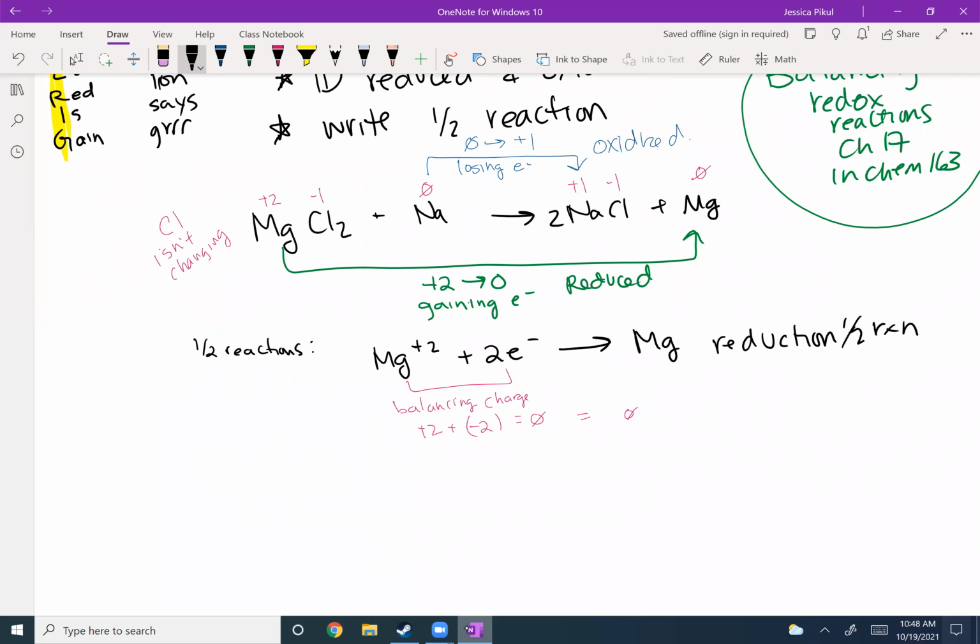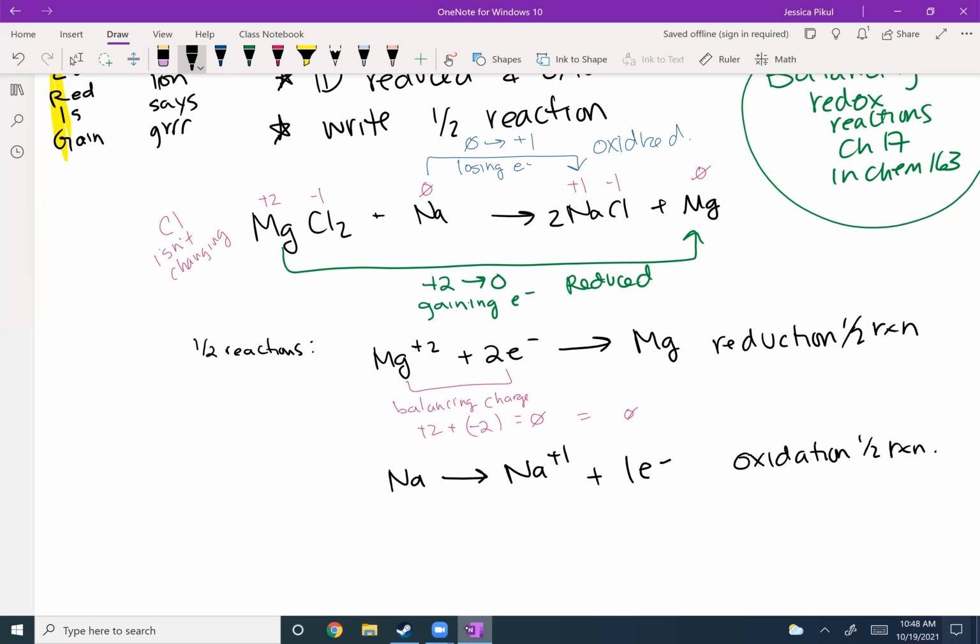And then I have my sodium forming sodium +1 plus 1 electron. And this is my oxidation half reaction. So it's pretty simple, I think, when it's